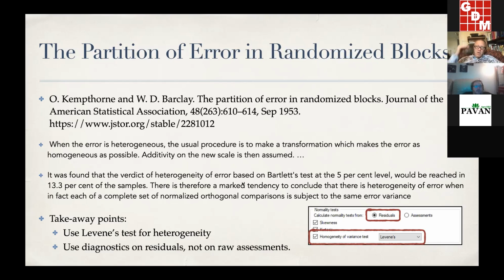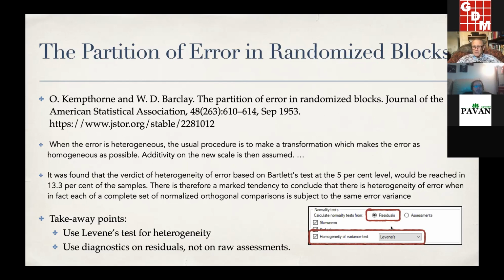There is a marked tendency to conclude that there is heterogeneity of error when in fact the normalized orthogonal comparison is subject to the same error variance. That's a way of saying that we can pool the standard deviations of each treatment to get a common error term. And the takeaway from this paper is that we use Levene's test on the residuals